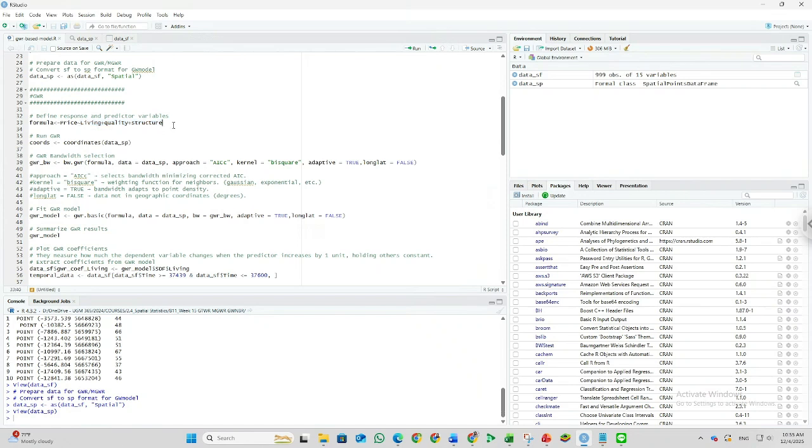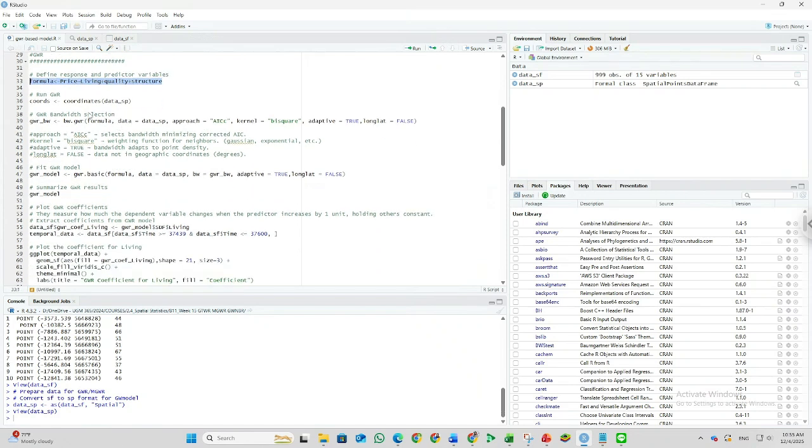After we set the formula here, we can run the GWR. But GWR is different from global regression, because in ordinary least squares or global regression, we can ignore the geographic or coordinate data. For GWR, geographically weighted regression, the point of this model is that we need to highlight the geography of the data.